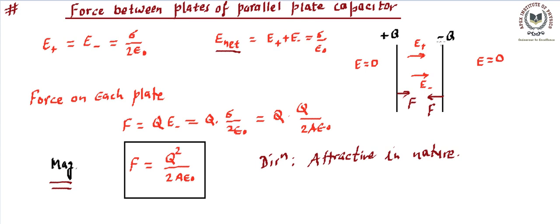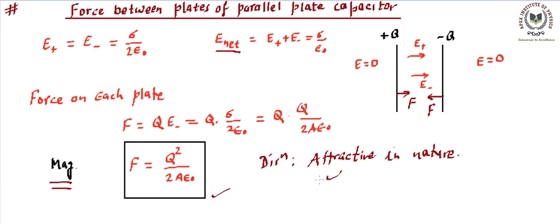Similarly, the minus Q charge can never experience a force because of its own field. Hence, for minus Q, this plus field is going to decide where the force is and how much the force is. So using that point, we are getting this as a magnitude and this as a direction. So you can remember this. This is a small point that I was supposed to discuss. So we have discussed it over here.